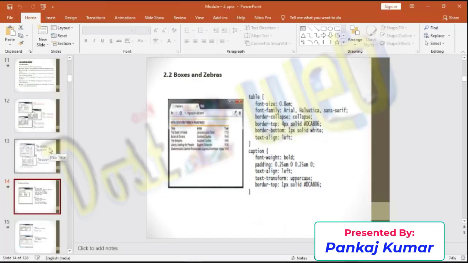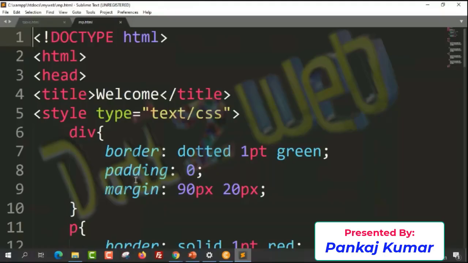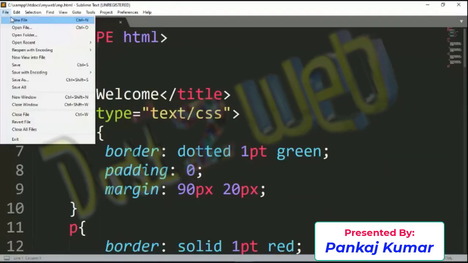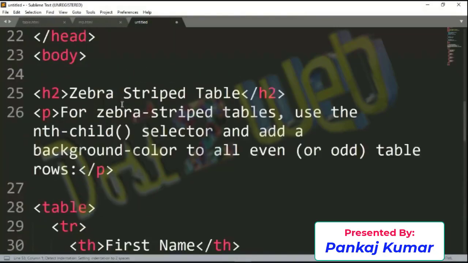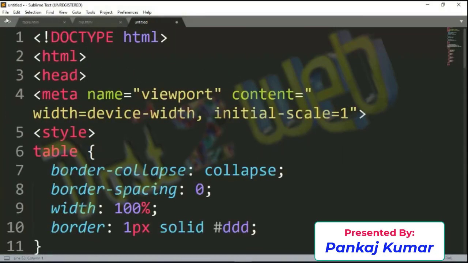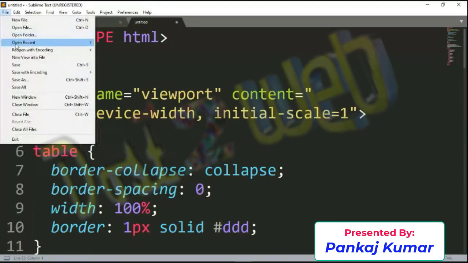In the last class we were discussing boxes and the zebra class. Okay, so I have written the code. I'll just paste the code. Just practice it as per the previous class,